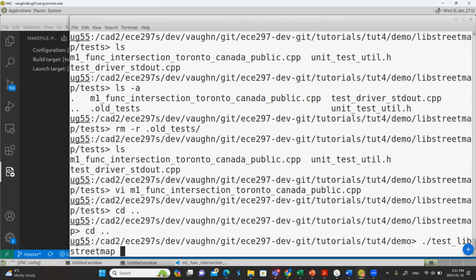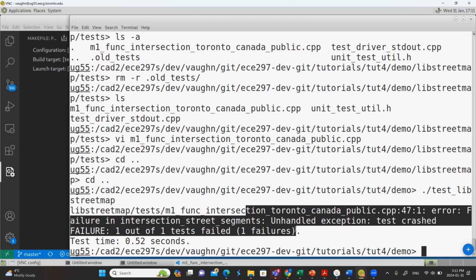Now, inexplicably, Visual Studio Code is still running an old version of my code. So we can take a break till 5:20, and I'm going to try to figure out why it's running an old version of my code, because somewhere it is stashed like a build, which I've gotten rid of at the command line, but somehow it's still running an old one. So this is why I like command lines sometimes, because I know exactly what is happening. I've deleted the old build and I'm running it. Visual Studio somehow has managed to connect to an old one. But anyway, let's take a break to 5:20. I'm going to figure out why Visual Studio is doing that.